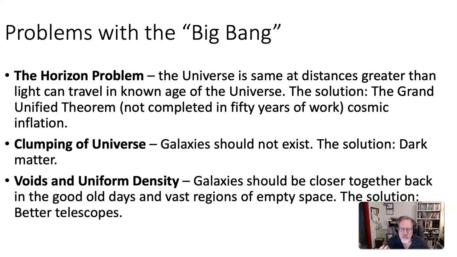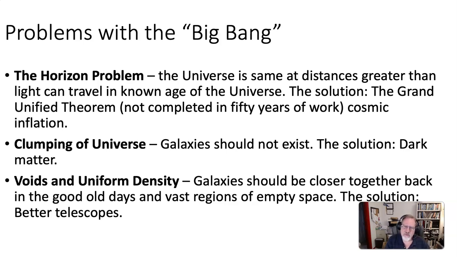Clumping of the universe. So one thing is showing why the universe is so uniform. The other thing is saying, well, it's not that uniform. It's clumped. We're here. Galaxies are here. How does that happen? Well, dark matter. Well, I feel that we have a way of eliminating most of dark matter and all of dark energy.